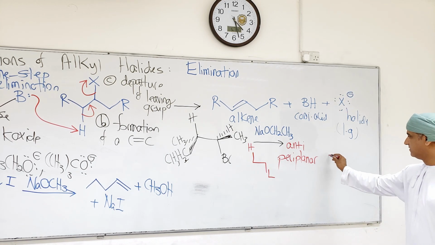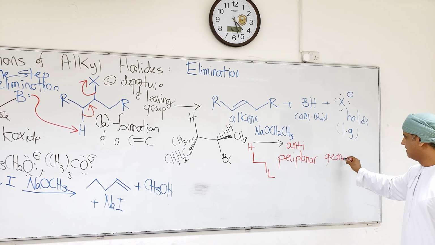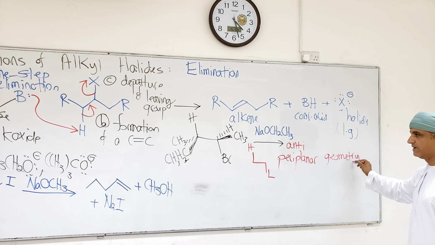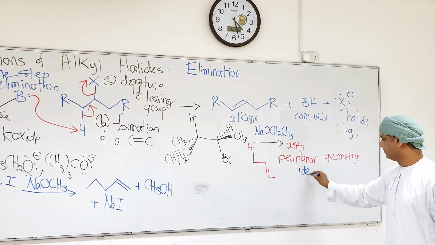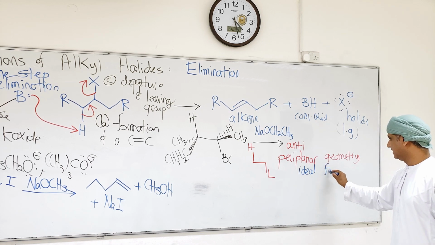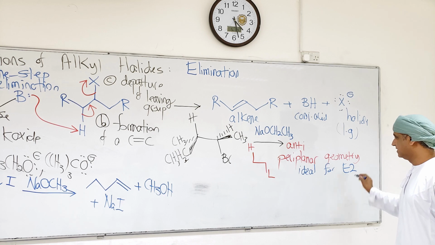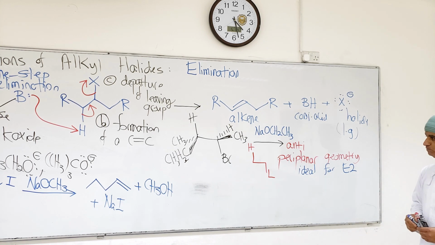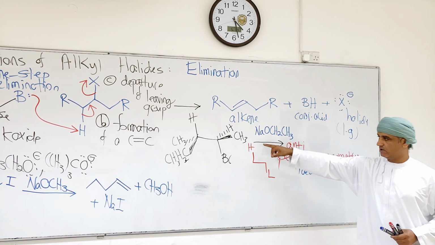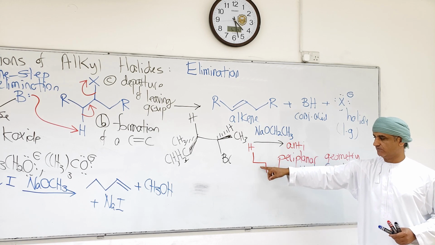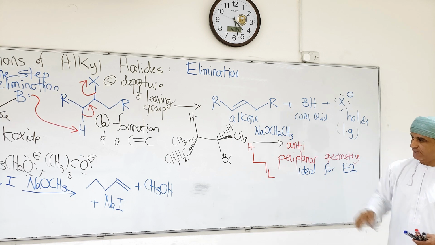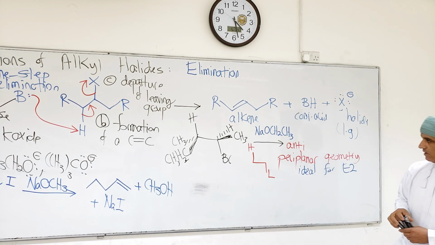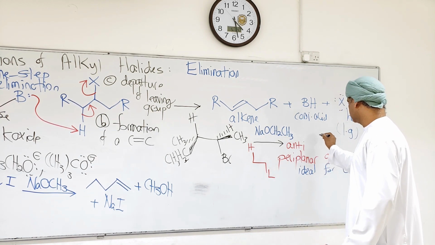Anti-periplanar geometry, this is our conformation, this is the most reactive conformation in E2 reactions. Yeah, so this is ideal for E2 reactions. And of course the base will come, take off that hydrogen, a double bond here will form, and the bromide will go. So in that case, a product of that alkyl halide would be this formation of a carbon-carbon double bond